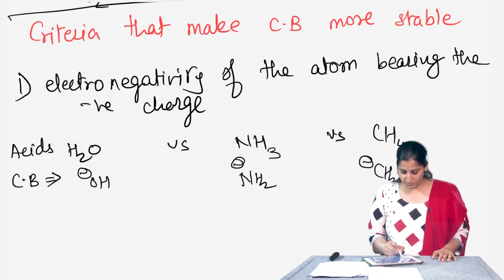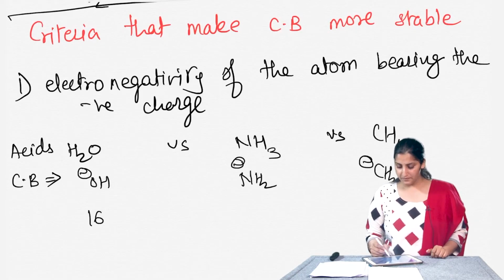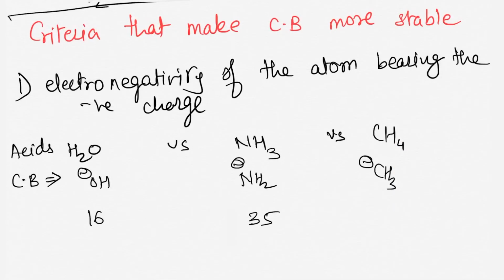So, we know that the pKa of water is close to 16, pKa of ammonia is close to 35, and for methane the pKa is close to 50, right. So, that is also evident from their pKas. But the reason, the molecular reason why water is a better acid is because oxygen is able to hold on to the electrons way better because of electronegativity